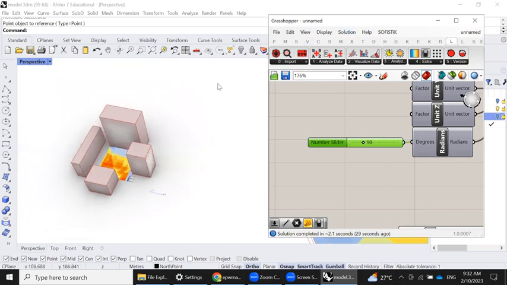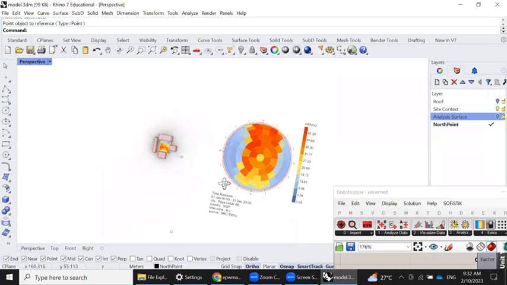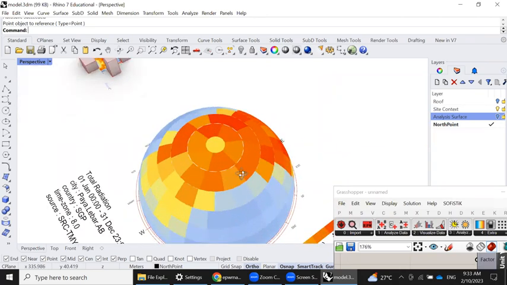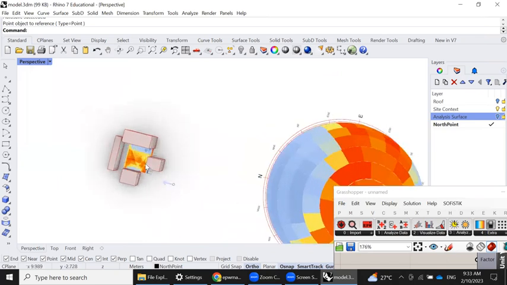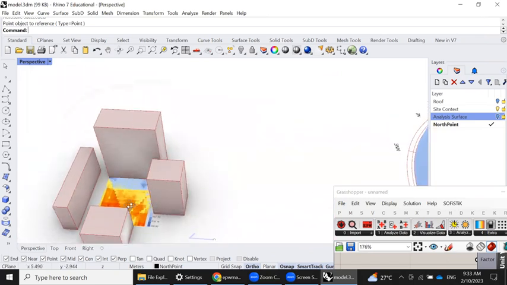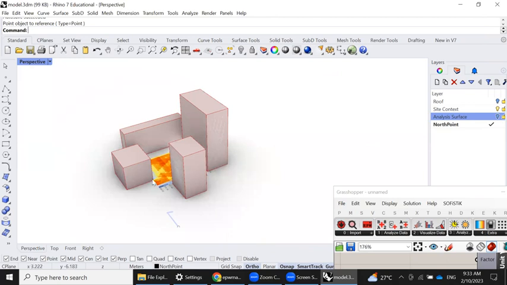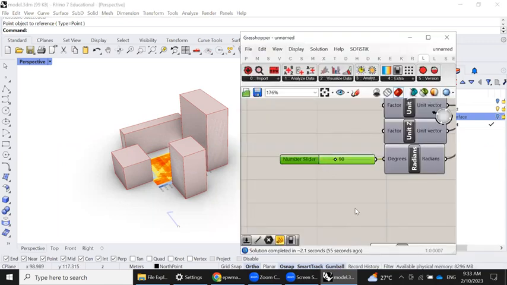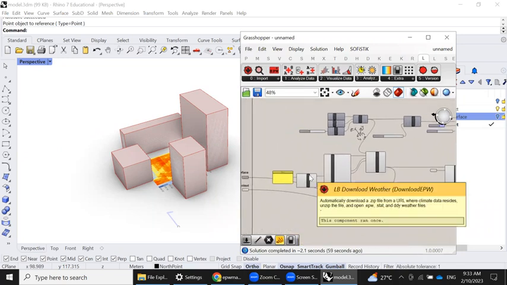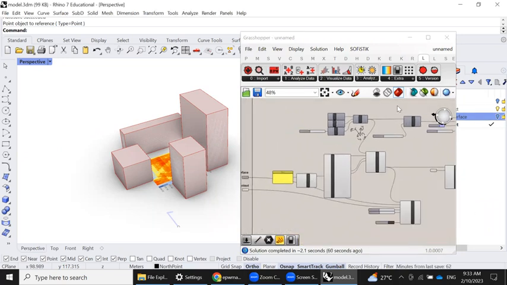North is like this, and you check. Even my dome is oriented correctly, and this block is significantly changing this building over here. Okay. And the interesting thing is now, okay, we have completed the